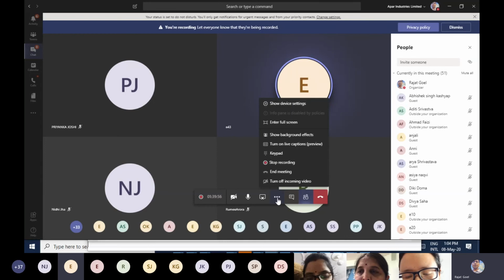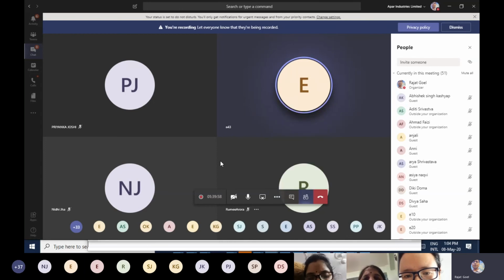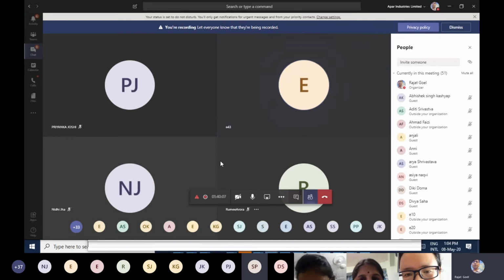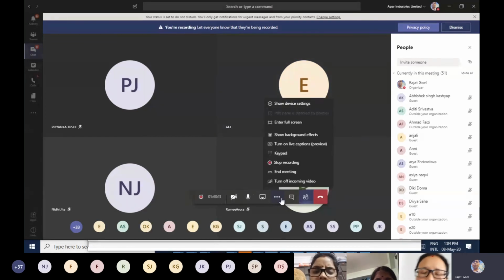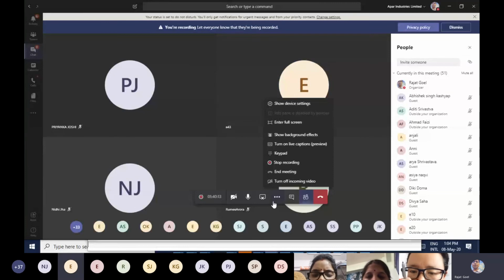Let me tell you that all essential features which are required are already in your mobile app also. Some of the extra features are there in the desktop. So that could be a reason.